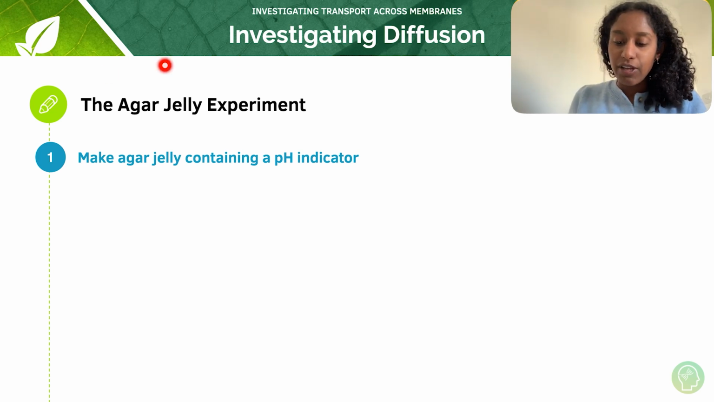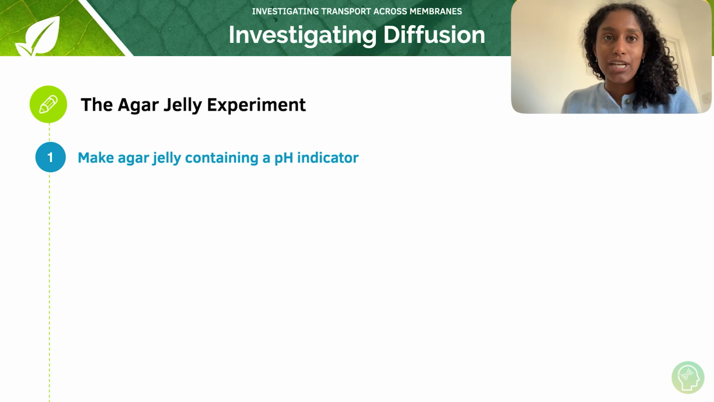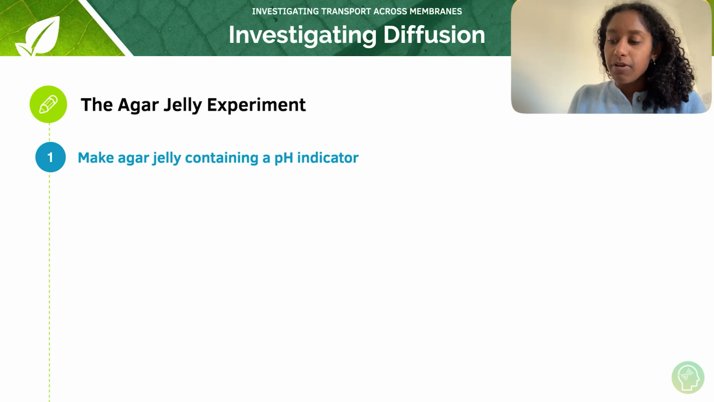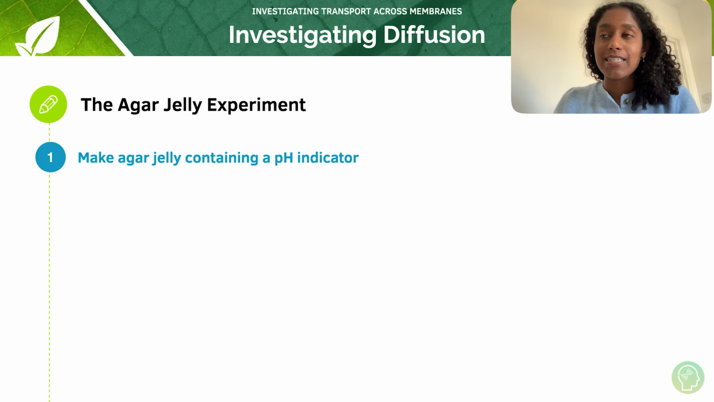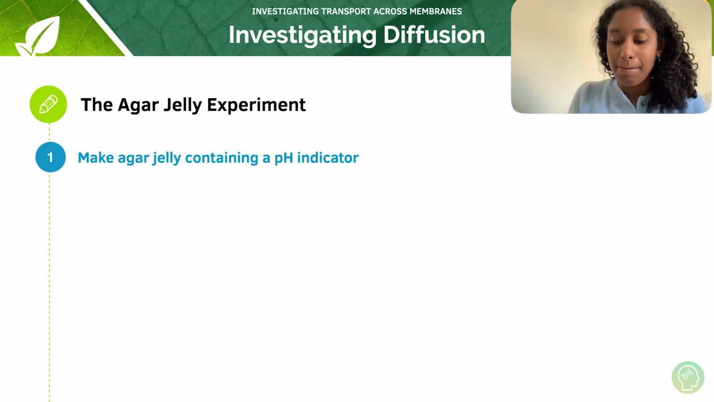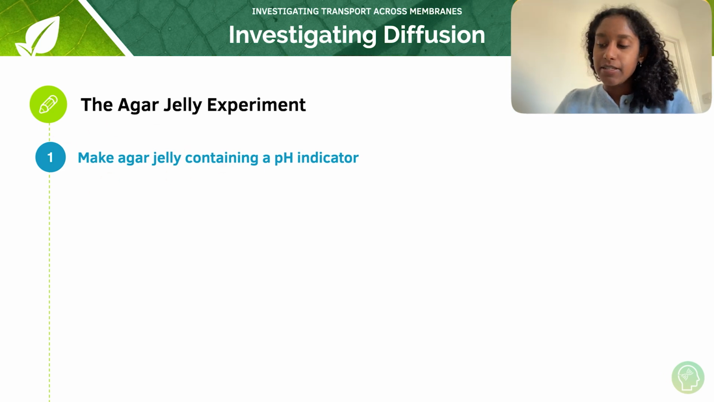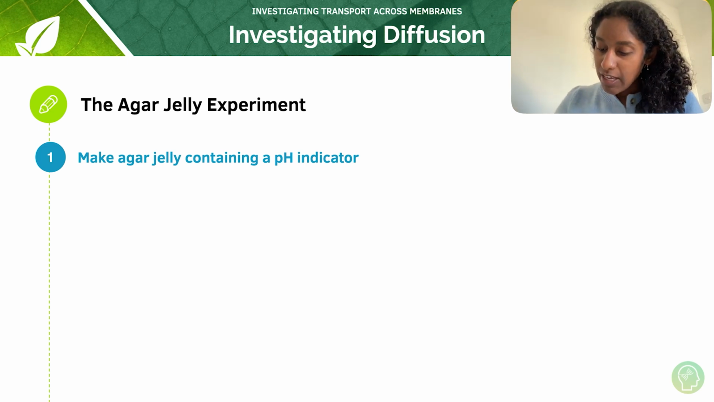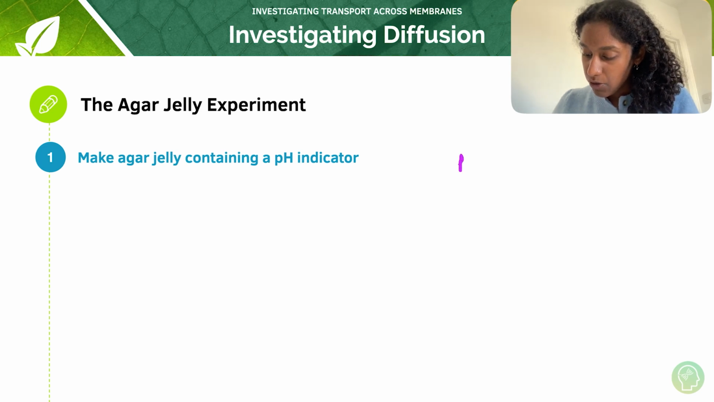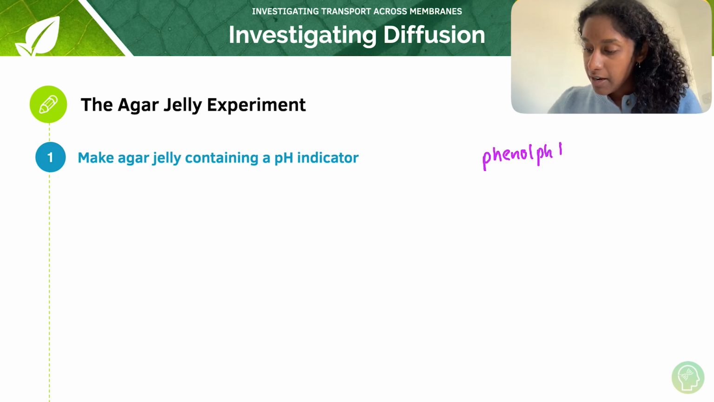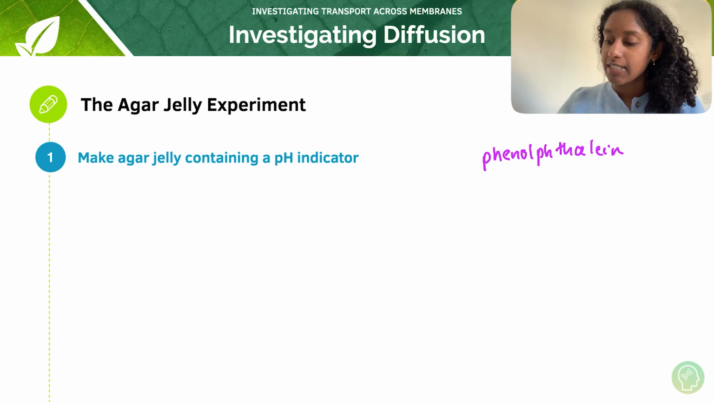So number one, we're going to have a look at this experiment called the agar jelly experiment. You might have already done this in your biology lessons, but we will recap it and go through the theory behind it now. So number one, you've got to make your agar jelly. You make your agar jelly with sodium hydroxide and a few drops of phenolphthalein, which again, you might have met already in biology or in chemistry. Now, phenolphthalein is a pH indicator that turns pink